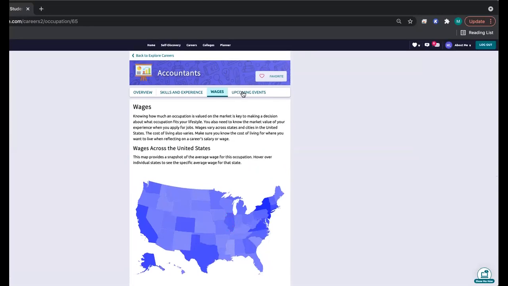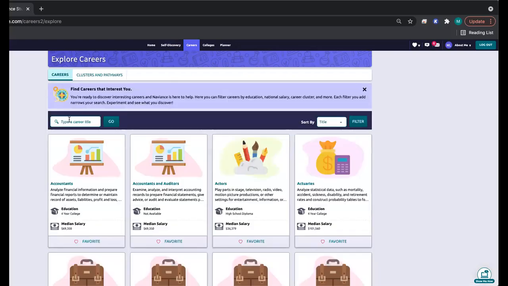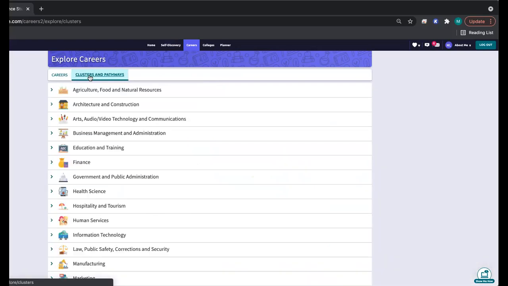And then upcoming events, we don't have a lot of information here quite yet. This is a new feature of Naviance that we are still needing to build up. So at this point in time, we're just going to focus in on other aspects of career. But when you go to careers and you click on explore careers, you can just type in and do a search by alphabet. Now, if you go to clusters and pathways, this is another way